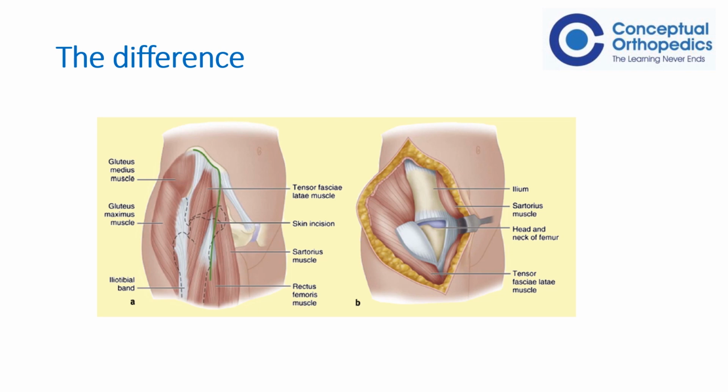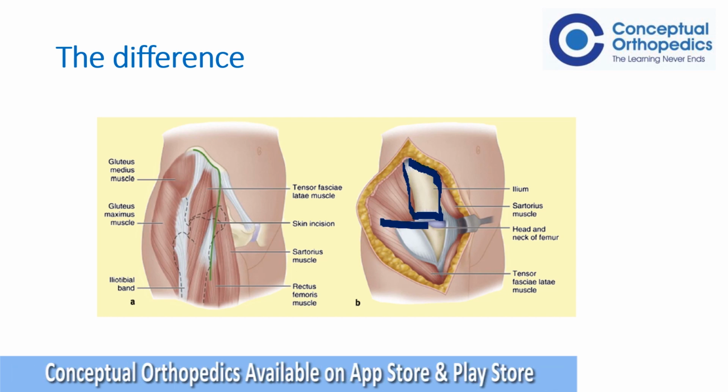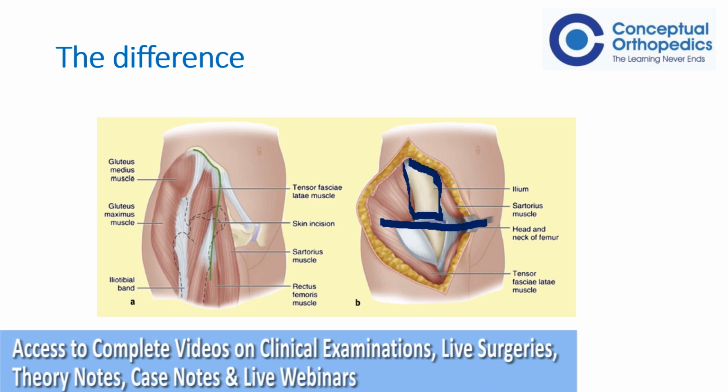Plus, one of the biggest differences lies in the fact that the entire gluteus maximus and medius is detached from its origin on the iliac wing, thus exposing the entire posterior part of the iliac wing along with the capsule and the anterior hip joint. So the distal part is similar to Hueter's approach with an extension proximally which exposes the iliac wing and hence gives a wider exposure, but with the disadvantage of damaging the gluteus maximus and medius.